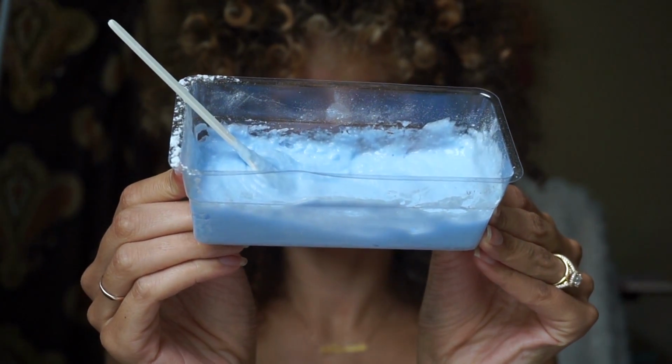Now, it's important to do this in a well-ventilated area, and I'm doing this right in front of an open door, so I'm not actually inhaling any of the fumes, and that's really important. Now, I typically like doing this when I have my curls formed a little bit better, but I actually just brushed it out a bit, and this is an old wash and go. It is better to bleach your hair when it is not completely fresh and clean. You do want it to be a little bit old or a little dirty, just to be a little bit